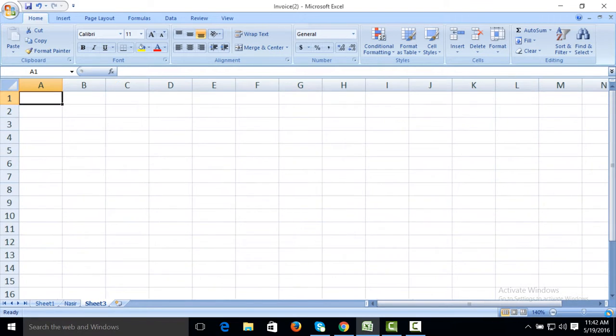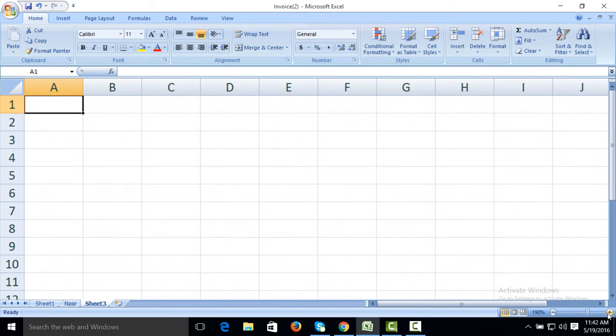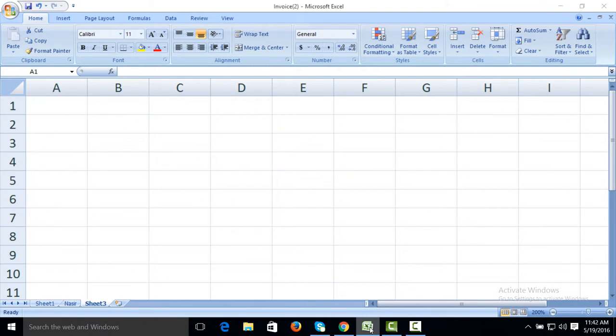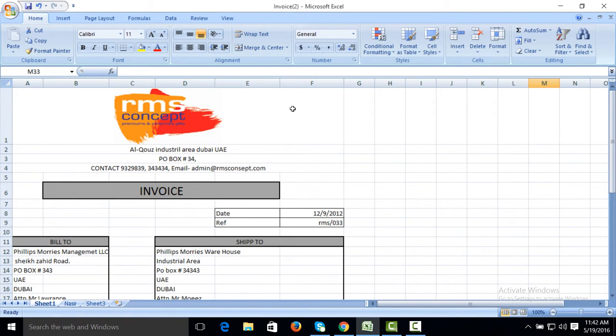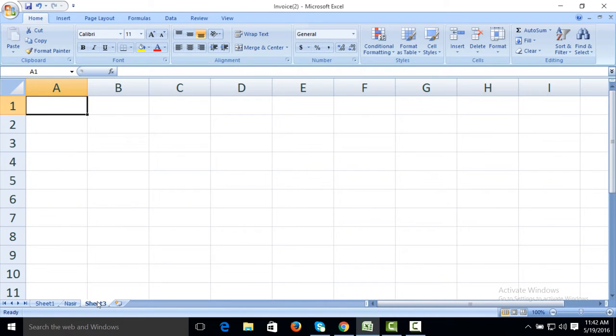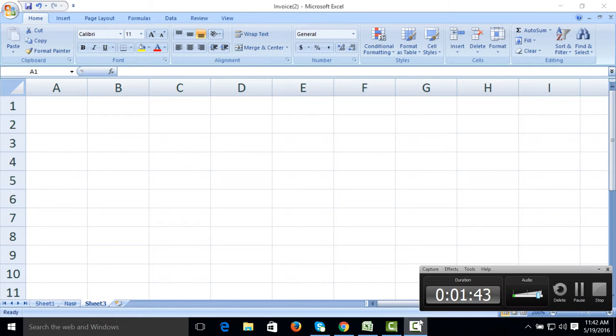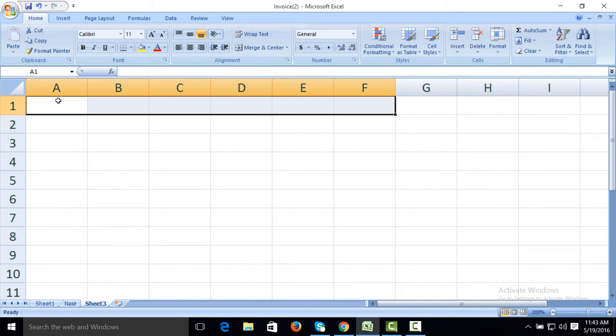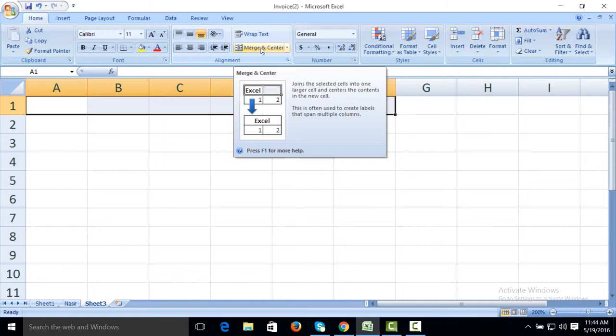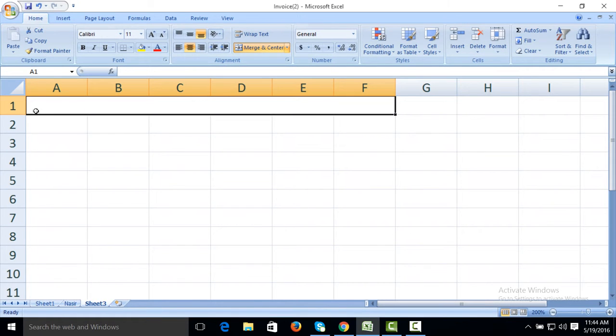I want to zoom in. First of all, we will select the area. It has been made up to F. I will select the area. I have selected the area with the left key of the mouse. Then make it merge from here. Expand this